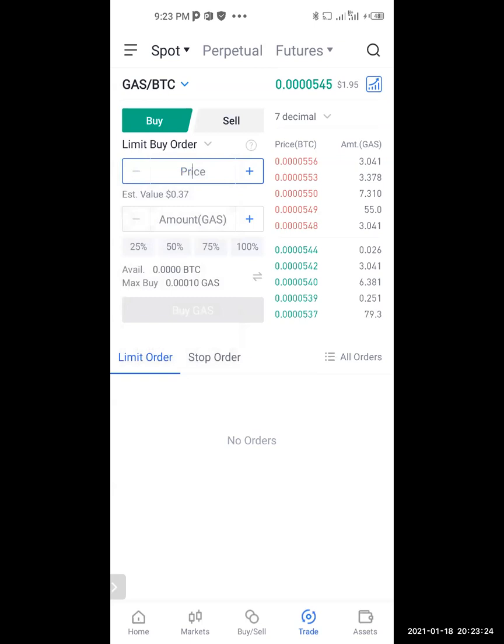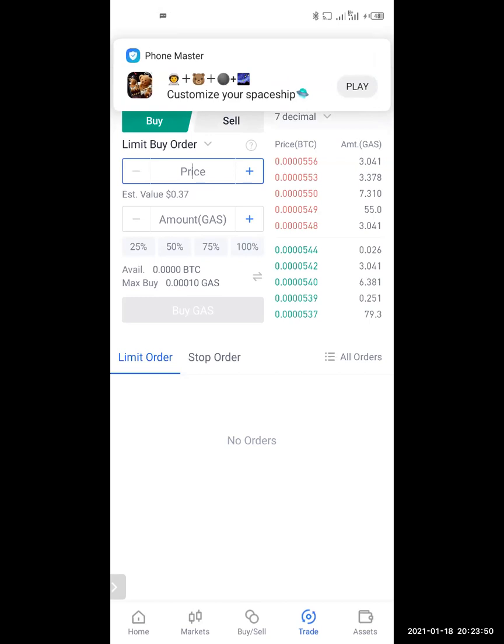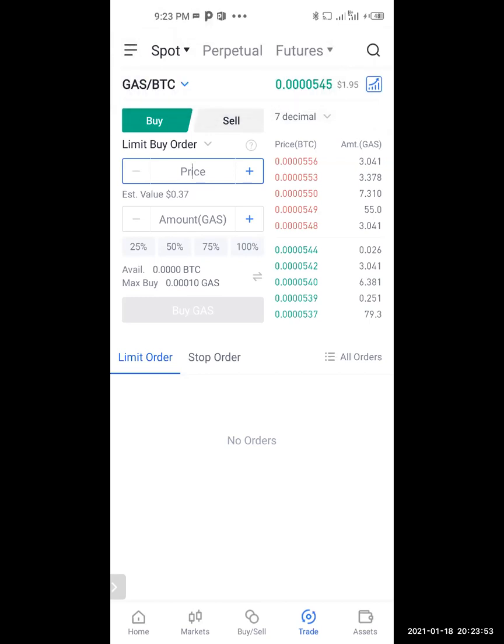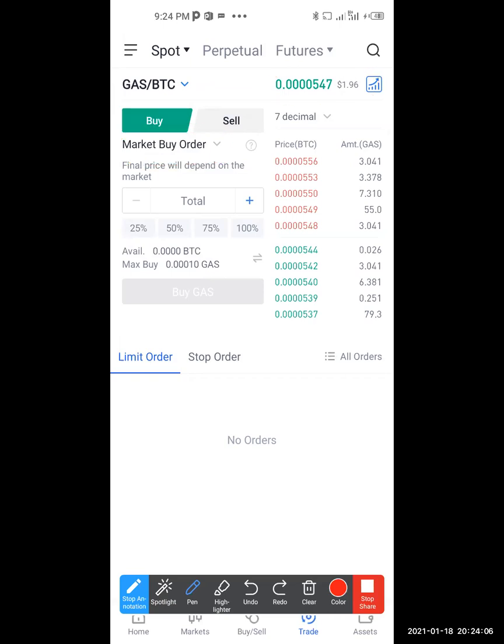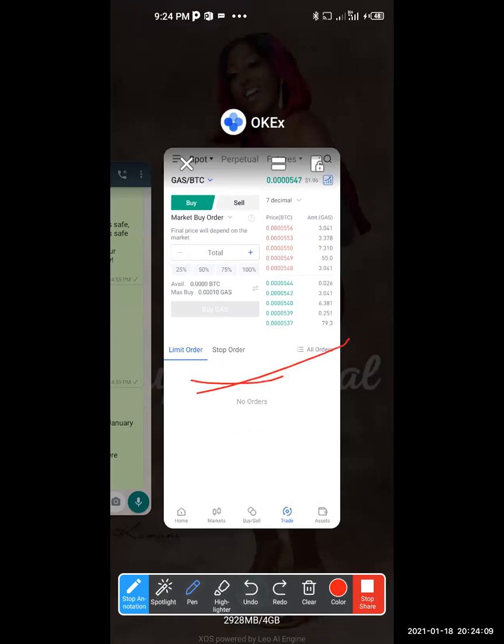So now, limit buy order means that you want to put a fixed price, then you want to buy a coin. And market buy order means you want to buy at the current market price. Now, usually newcomers have issues with trying to fix in the price themselves. So until you get a hang of how to limit buy order yourself, it will be much easier for you to just use market buy order, as long as you check the market price to make sure that the price is within the range given to you